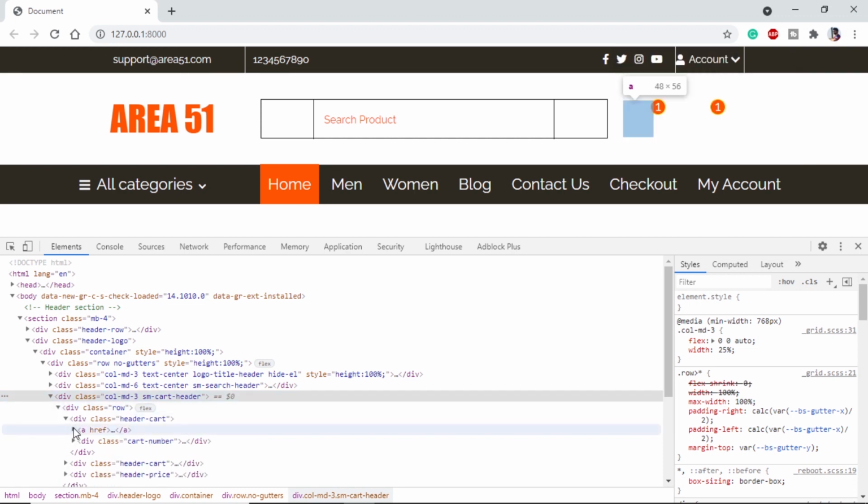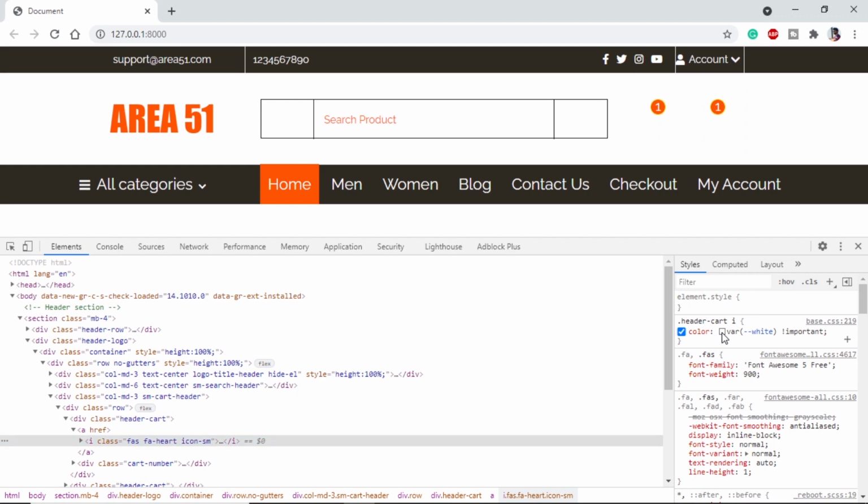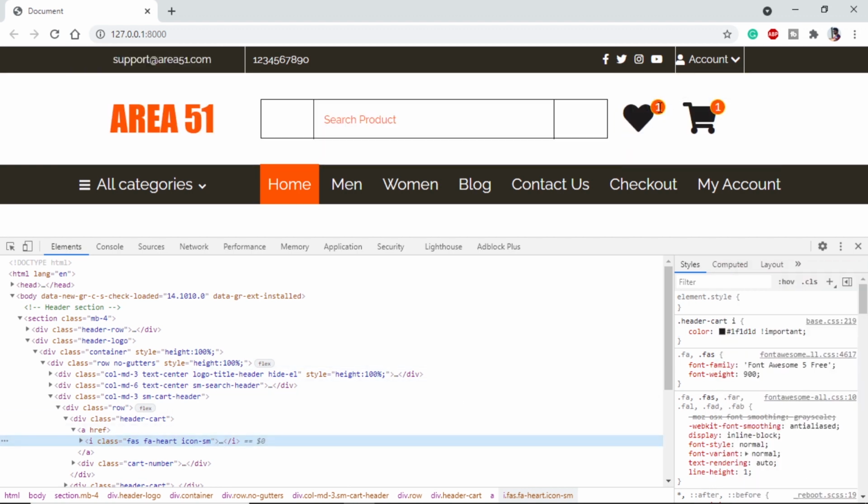Let me show you a button, and you can see there is an icon. So I have used this icon from Font Awesome, and we have already seen how to use Font Awesome icons. So this will be easy. Let me change the color of this. Using this we can change. Let me make it black. So for this circle I have used absolute positioning so that I can place it anywhere I want. So that is one thing.